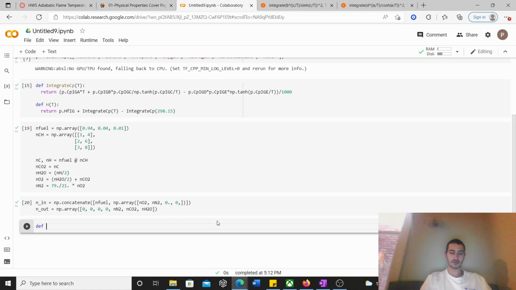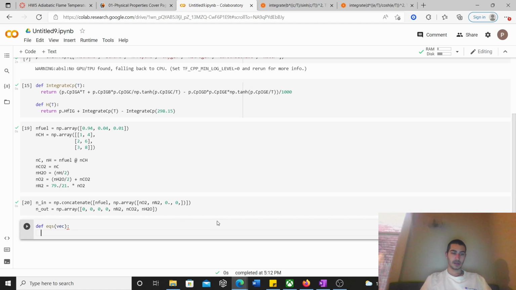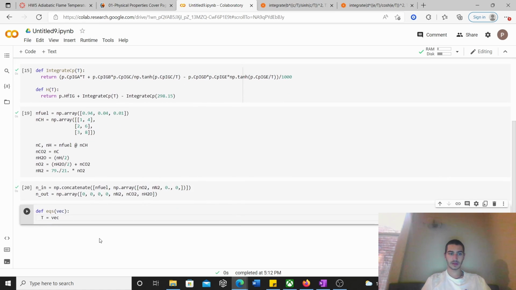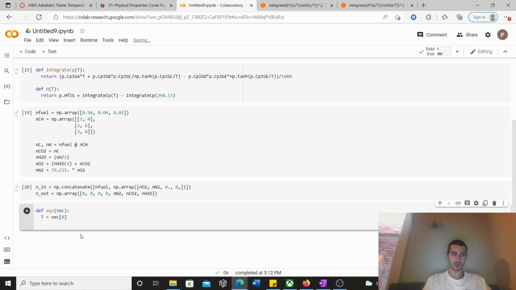So we're going to define a function and call it equations, and we're going to have a vector inside of it, right? This vector is simply going to be T, so T equals vector. More specifically, this vector is the first vector for number 1. First in this vector is going to be T1, right? And so for a return, what we're going to want is a dot product, right? So what we're going to do is np.dot,